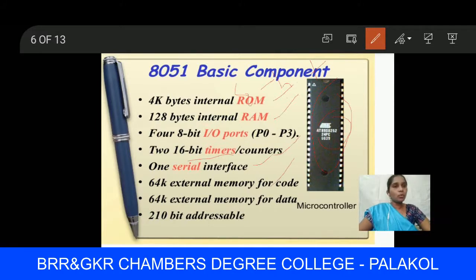So whatever code we have to write, it has 64 kilobytes of external memory for code. And next one is 64 kilobytes of memory for data. The data memory is also large, that is 64 kilobytes. And another one is 210 bits of addressable memory.